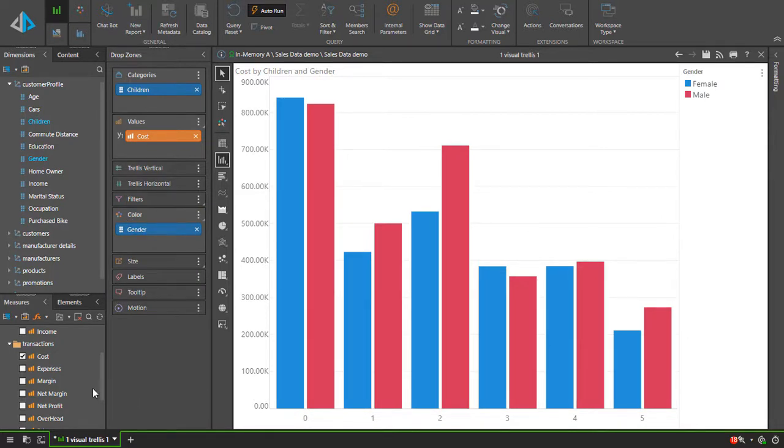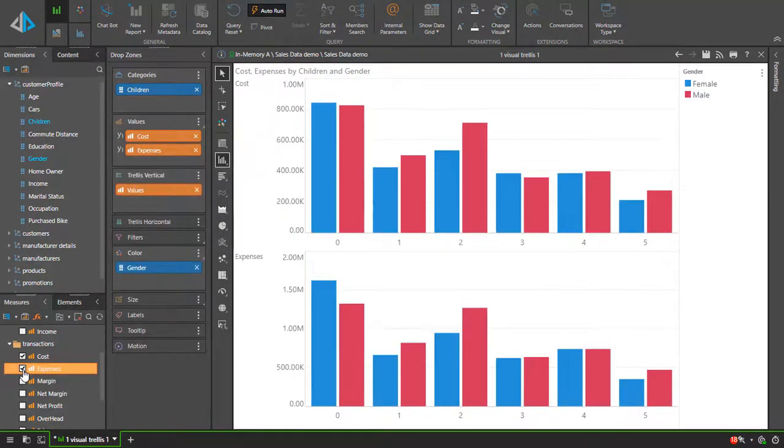Let's add expenses as a second value. Pyramid auto-trellises the measures into two separate charts, one for each metric. Notice that by default they both have the same chart type, the column chart. While the x-axes are common to both charts, the y-axes have different ranges to match the different metric sizes in